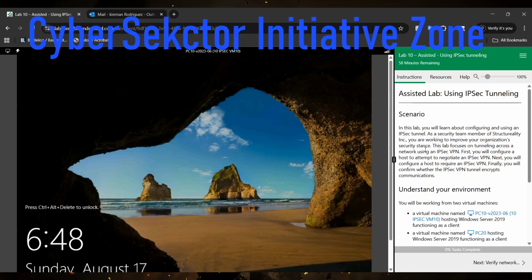We have a pretty good video for you guys. We're going to be using IPSec tunneling in this particular lab. What we will be doing is learning about configuring and using an IPSec tunnel, and we're going to be playing the role of a security team member with Structurality Incorporated. We're going to be working on improving the organization's security stance. We're going to be focusing on tunneling across a network using IPSec VPN, and we're going to be configuring a host to attempt to negotiate an IPSec or IP security